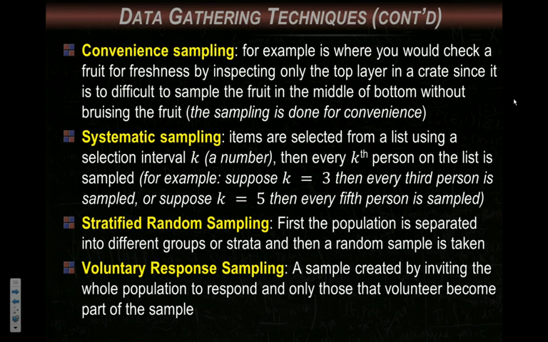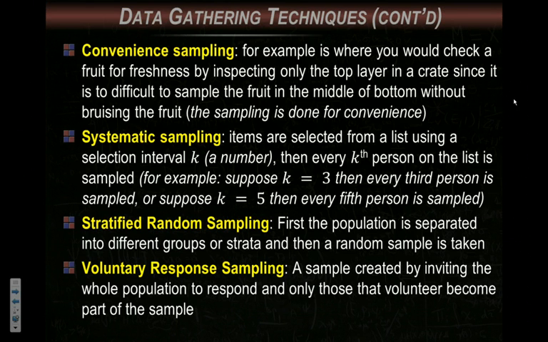Systematic sampling is when we select from a list using an interval value, some sort of a number. So for example, every fifth person on the list is going to be sampled. So this gives an element of randomness to it, okay? Stratified random sampling is similar in the sense that first, though, you separate your population into different groups or strata. For example, gender would be an example. So I'm just going to separate the boys and then the girls, and then take every fifth person through a